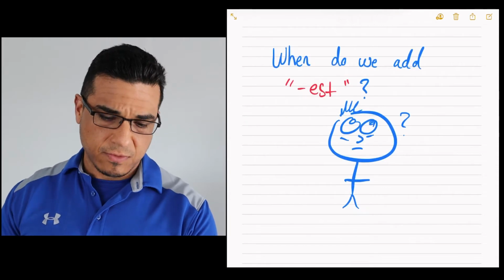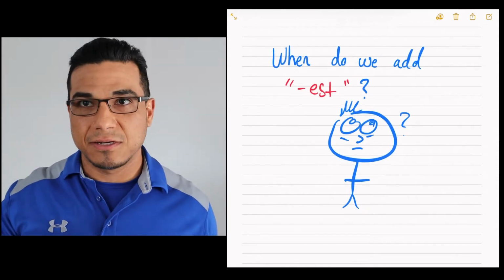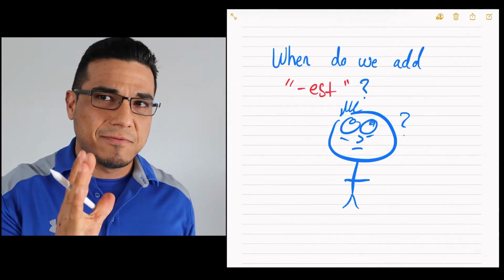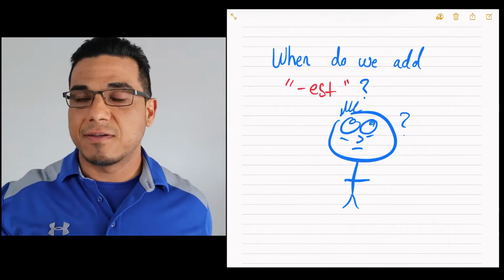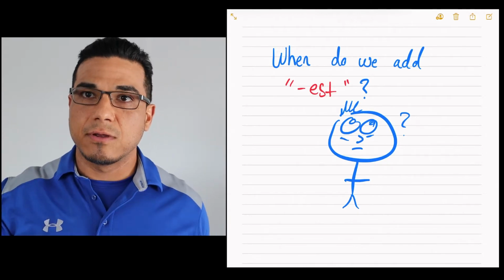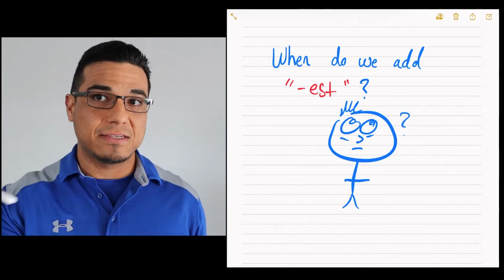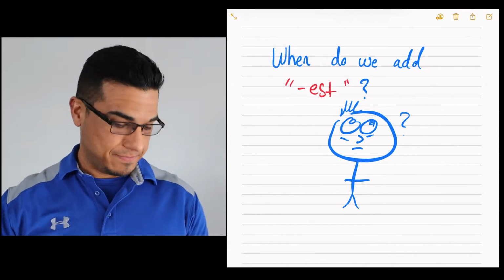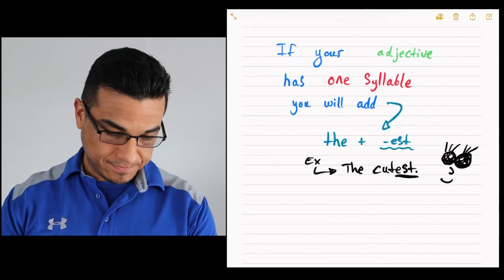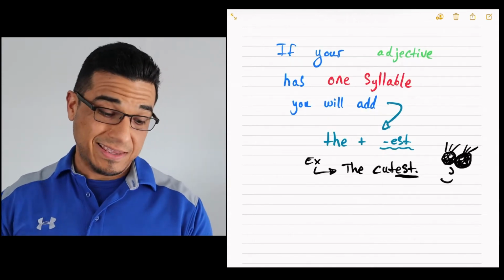Alrighty, so the rules. Because as with all things in English, there's going to be a ton of rules followed by a ton of exceptions. Get frustrated, slam your head into a wall, call it a day. This is where we're at. But first, we're going to go over some of the rules which apply to when to add est to an adjective. All right? So the first rule for when we can add est to an adjective is